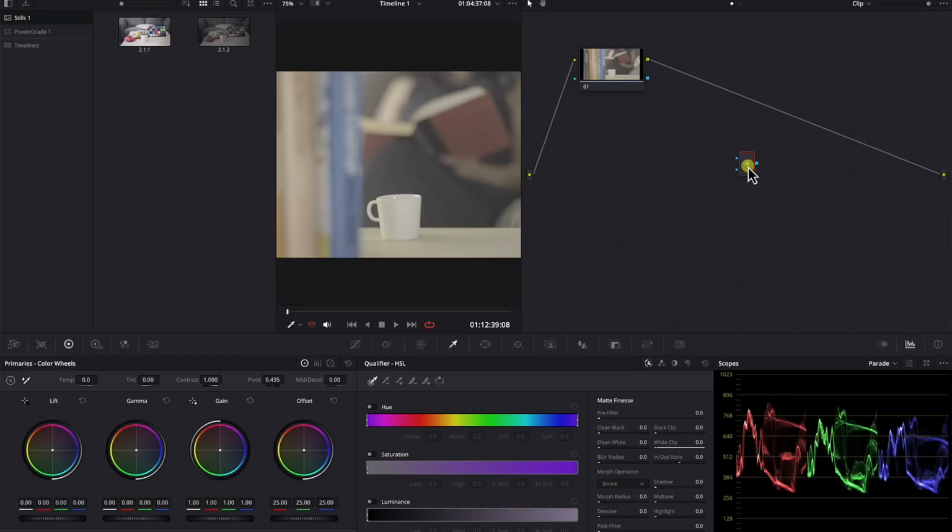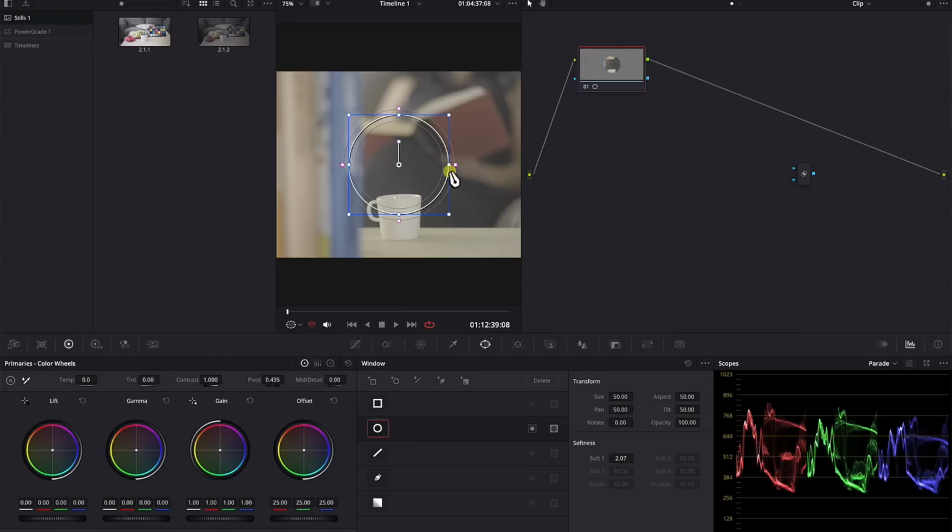And this is the key mixer node. But what does it do? Well, it simply mixes the keys from two separate nodes. So for example, I have this node here. I'm going to add a key. For example, let's make a circle. Actually, just make this more clear. So here you have a circle, and it's pretty clear here when you look at the node what's being selected